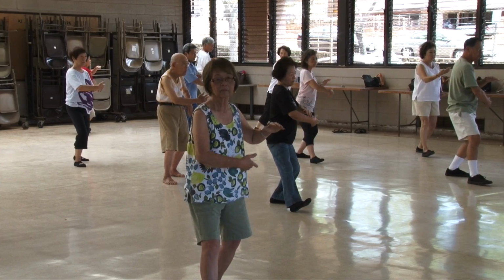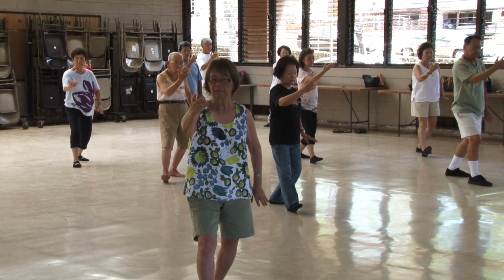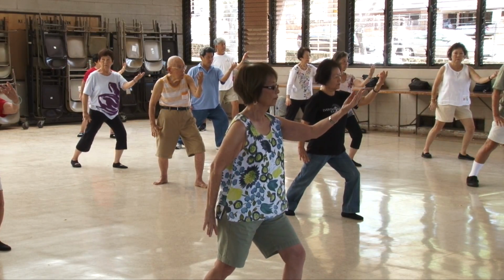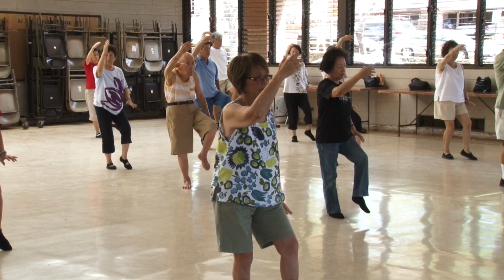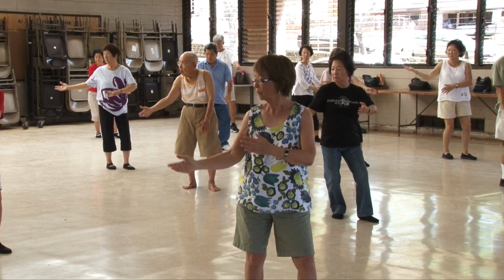Parting of the horse's mane. Hold your ball, centered, out, up and down. White crane spreads its wings. Roll your ball, hand up, set your foot. Bisect your body. Come back, brush knee,